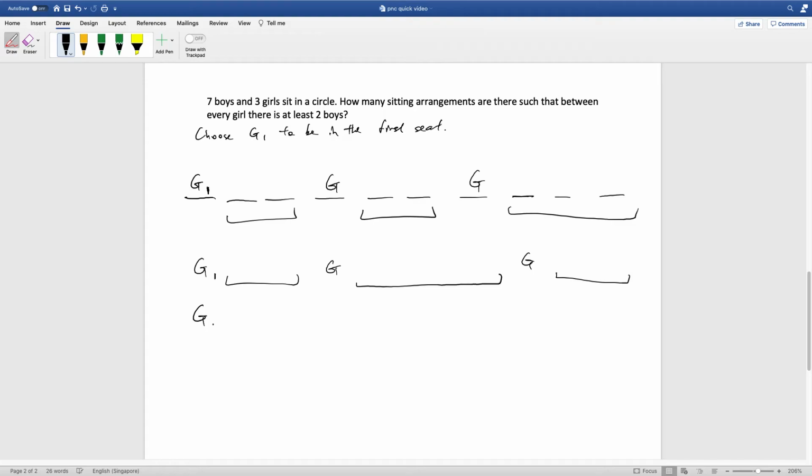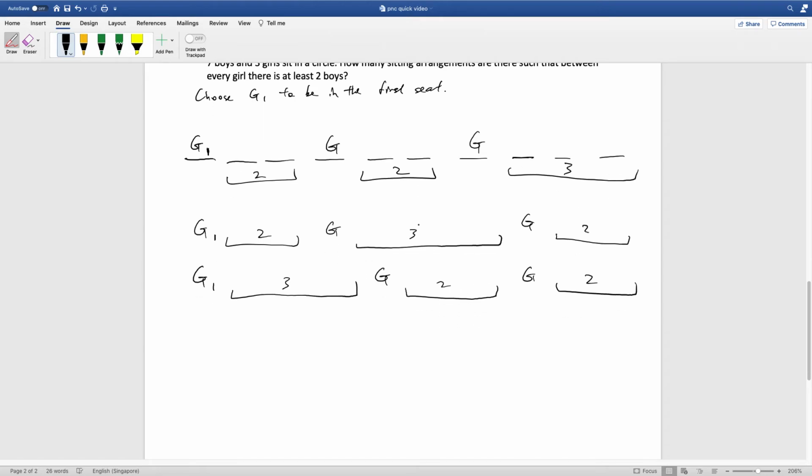And the third case is girl 1, we leave 3 seats for the boys, girl, then we leave 2 seats for the boys, and then girl, and we leave 2 seats for the boys. So this is 2, 2, 3, then 2, 3, 2, and then 3, 2, 2. So you see that there are 3 possible arrangements,